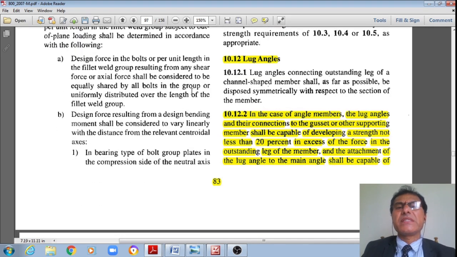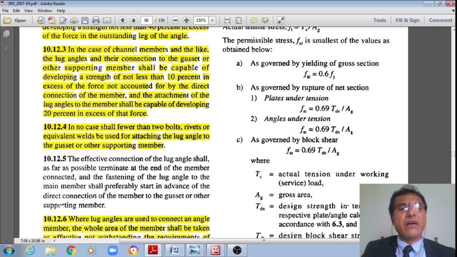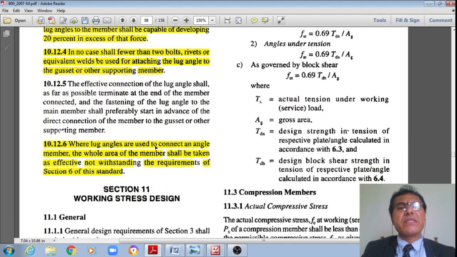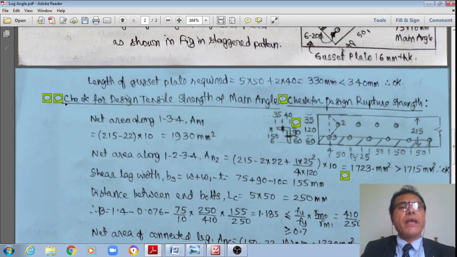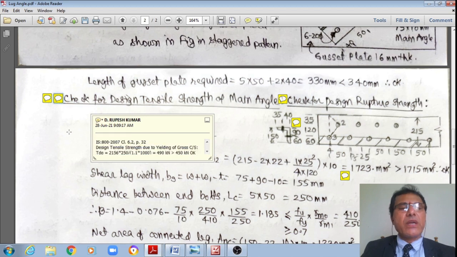As per this, the code says that when lug angles are used to connect an angle member, the whole area of the member shall be taken as effective, notwithstanding the requirements of section 6 or clause 6. Therefore, the gross area itself is the net area. But respecting that Codal specification, now I'll check, right, as per this clause